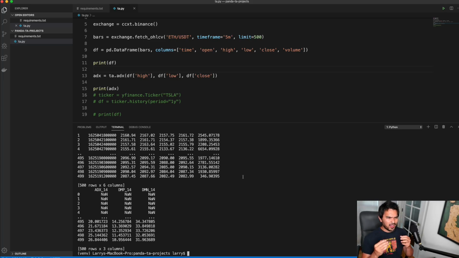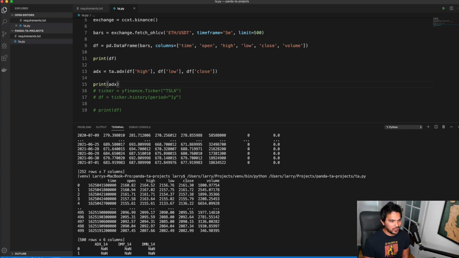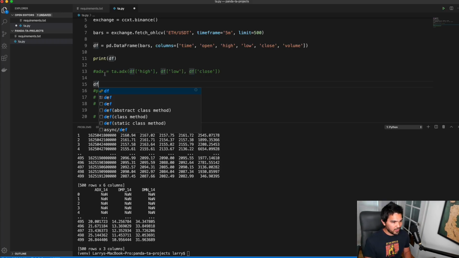All right. In addition to ADX, there's a variety of other indicators, but before I dive into those, what I want to mention is you see how I had to remember the order of these, this df high, low, and close. What's kind of cool about Pandas TA is that since all these generally have open, high, low, close as the columns, somehow it magically adds these functions to your existing data frame, right? And so what I can do here, I'm going to comment out that ADX right here, and I'm going to say df, right? I already had a data frame. So when I print the data frame by itself,